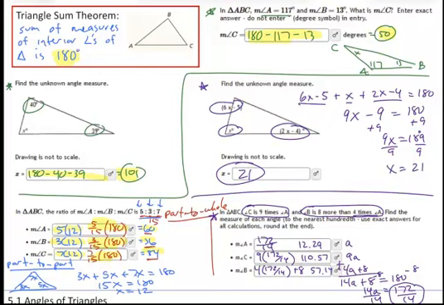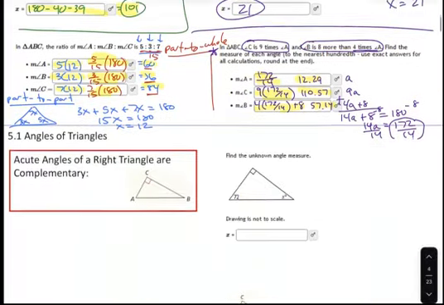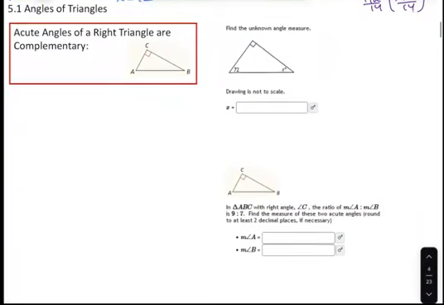So again, entering your answer as a calculation, to me, is always going to be the easiest process with Open Math. And so I would recommend doing that. All right, questions on this, using triangle sum, that the sum of the angles in a triangle is 180. All right, the next slide is just a quick